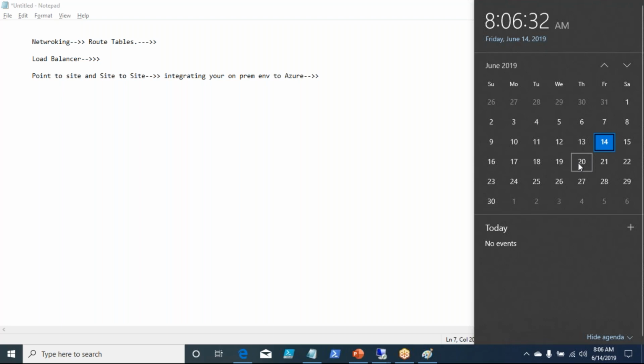Then we'll go to storage. Storage is a 2-3 day class. We have to understand different storage types: blobs, files, queues, and so on, managed, unmanaged. And then file shares and all those things we'll understand in storage, around 3 to 4 classes. Then we'll move back to identity and access management, which is our Active Directory. So that's what our plan is.